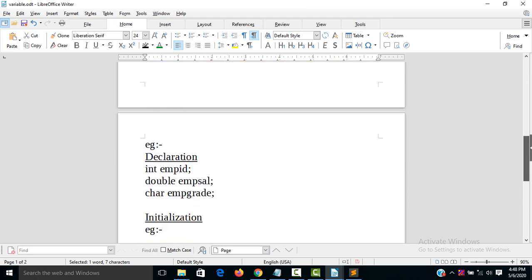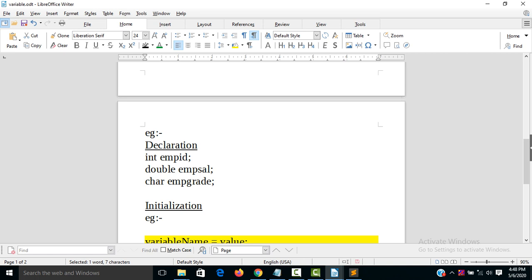Let's see an example of declaration. Here, this is the data type integer and this is the identifier. So empid is the identifier and integer is the data type.